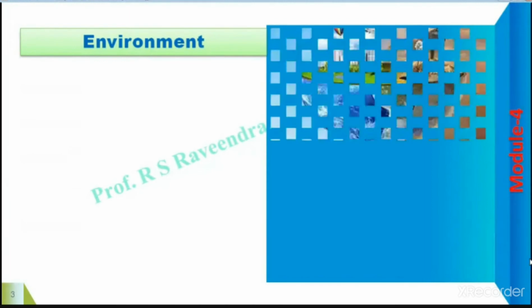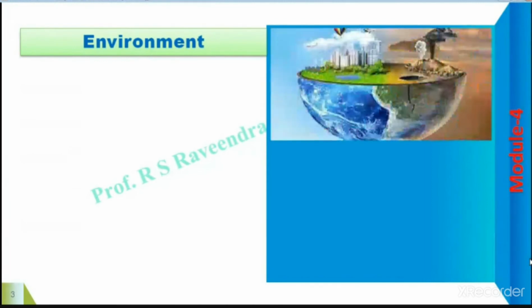Now let us learn something about the environment. What do you mean by environment? How is the word derived, how to define the term environment, and all the basics of environment. You can see the picture here. The whole universe will be there. In that, a lot of industries are showing air pollution and many more things in the picture, which ultimately explains how pollution is caused and what we mean by the environment.